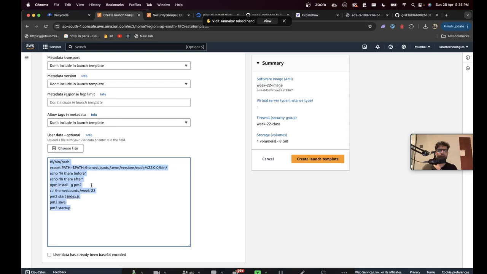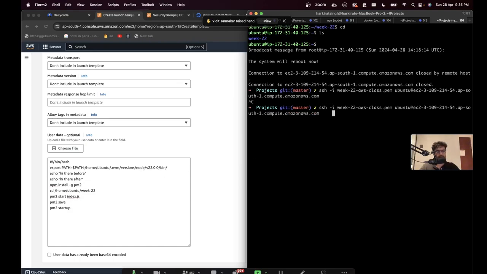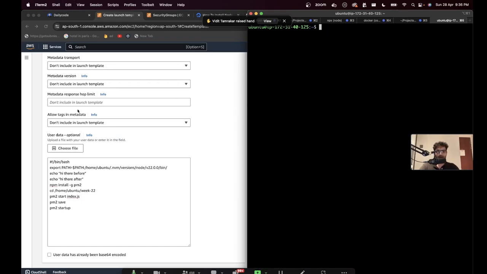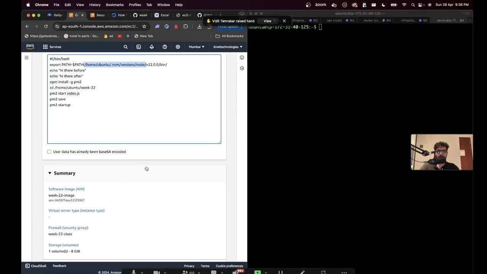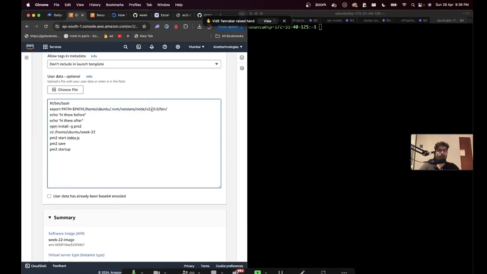What does this user data do? It just runs all of these commands that are written here. The first command, putting it in the path, which you should confirm. I repeat, you should confirm, have you installed version 22? Because this script would change if your machine has a different version of Node.js. So whatever was your original image, whatever was your original EC2 machine from which you created the image, try to go to this folder and make sure this folder actually exists, because you might have installed Node.js version 21. And if that is the case, then that is what you have to put there to get Node in the path. So if I go here,